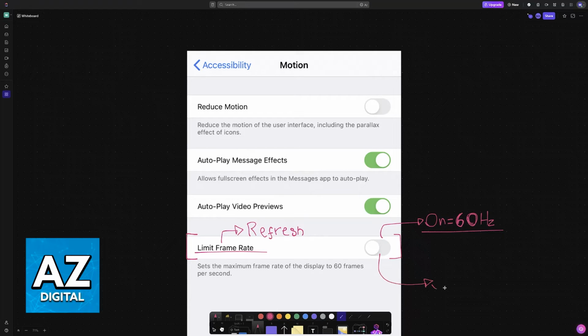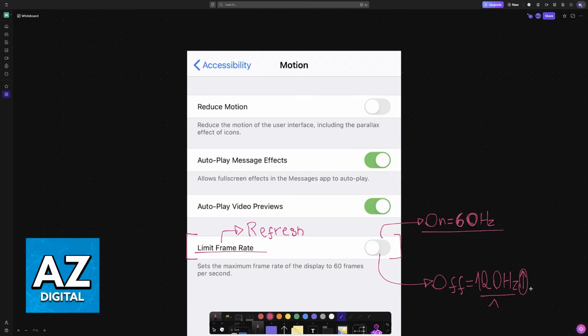This option is going to be off by default. And if it is off, it is going to automatically adjust your display and it can give you upwards of 120 Hz. The reason why I say can give you upwards of 120 Hz is because, like I mentioned, it will automatically adjust the screen. If you are doing something fast-paced like playing a game, usually it is going to use 120 Hz. However, if you are just doing browsing and basic stuff, it is automatically going to lower the refresh rate, maybe to something like 80 or even 60 if the activity is very slow.